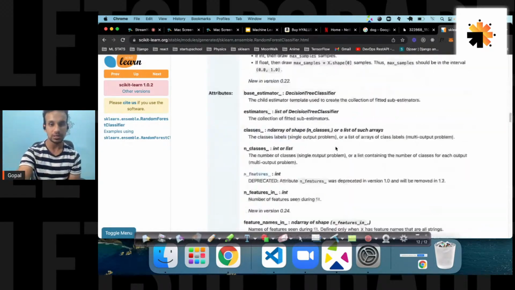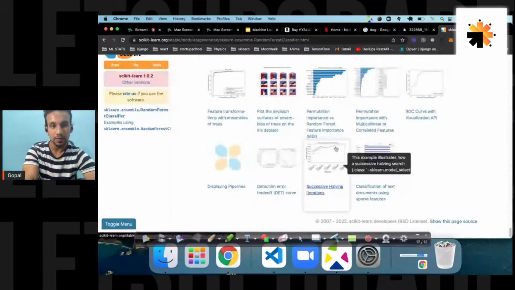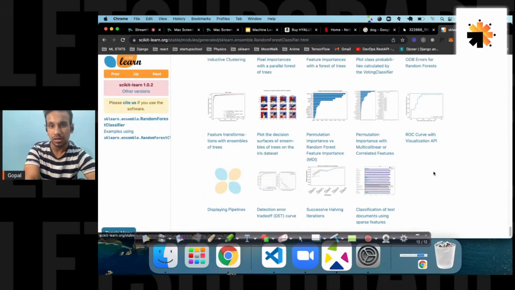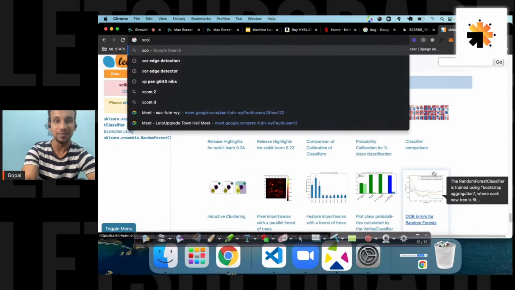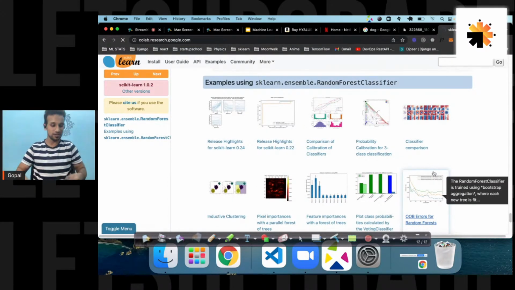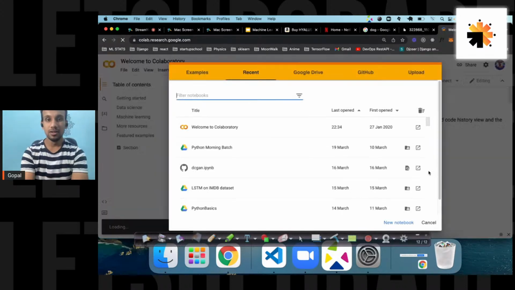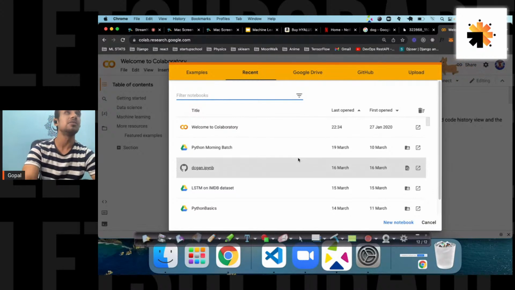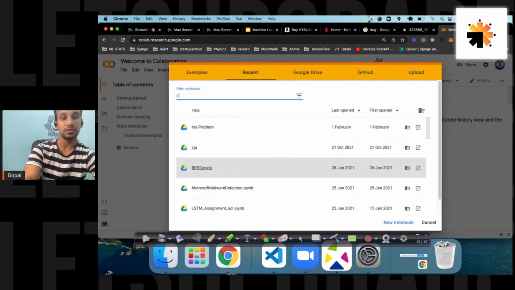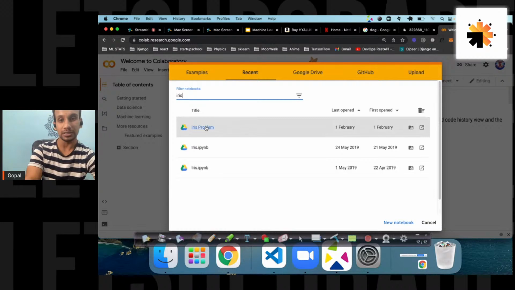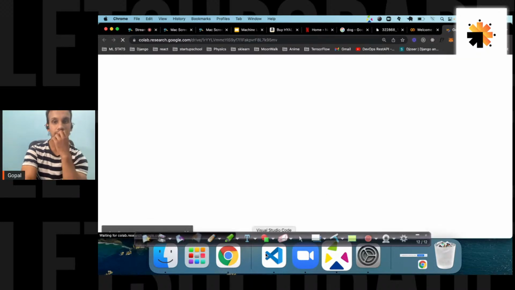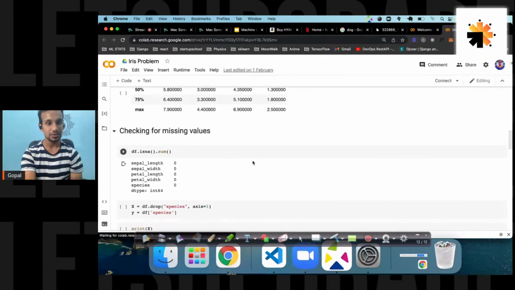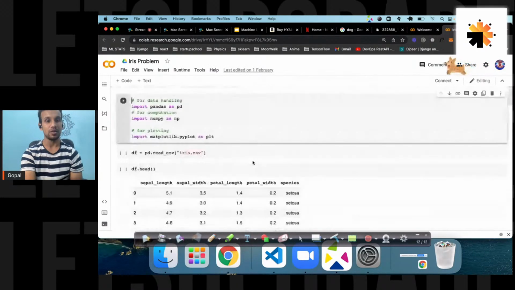Now let's go here. I think they have a few examples here. I just want to keep it short and simple. I don't think they have it short and simple, but I think I have developed it here, so I am going to bring it here. Let me call it iris. Okay, the iris problem. I will explain what exactly the iris is.